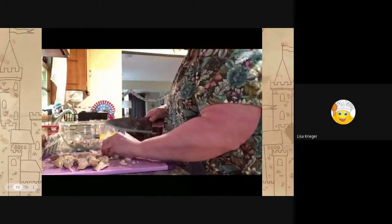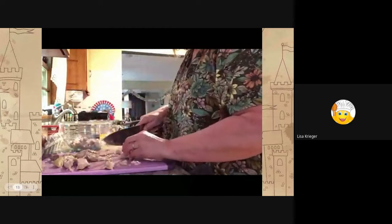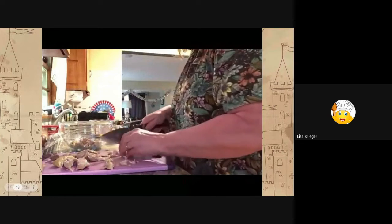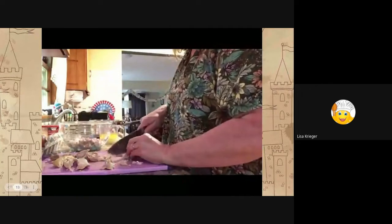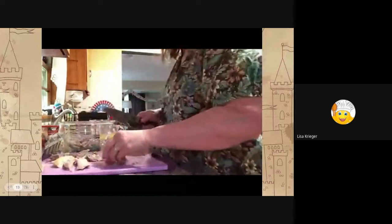It's already much cooler. Now, when I did it before, I will tell you I made a lot more. But this is just for my husband and I for dinner tonight. So I am not making a ton for just the 2 of us. After you have all that meat chopped up into nice, small, bite-sized pieces,